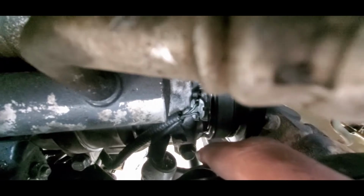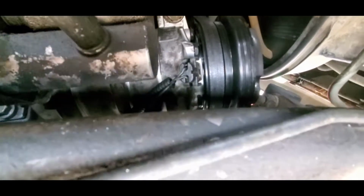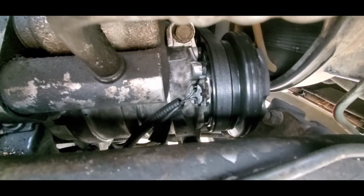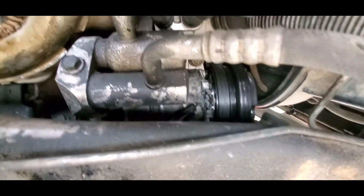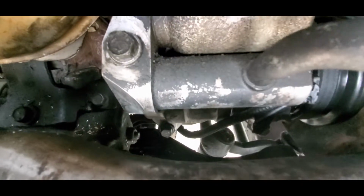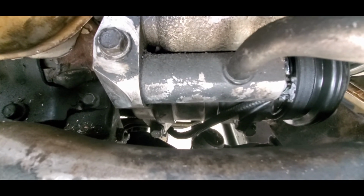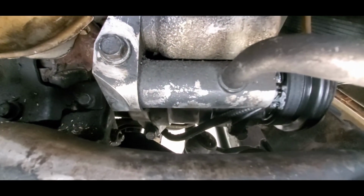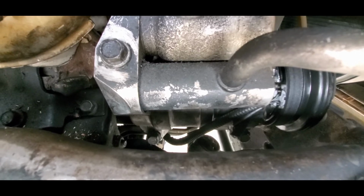You will not be able to get a socket in there. And so I just ratcheted it off from underneath the vehicle, and you won't be able to pull it out, so you kind of have to leave it in, and then you'll angle out the compressor itself. Also use a swivel head with an extension on the compressor itself to get on this bolt to get the compressor out. Give me a second, let me get underneath, and I'll show you what I wish I had known,